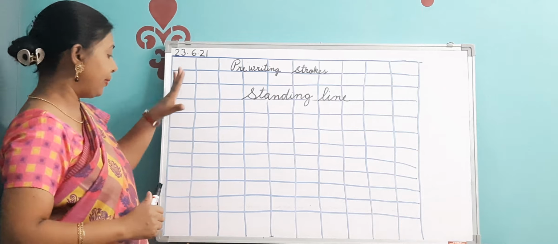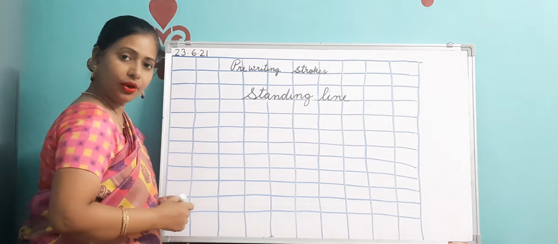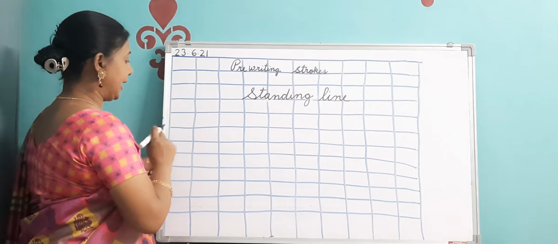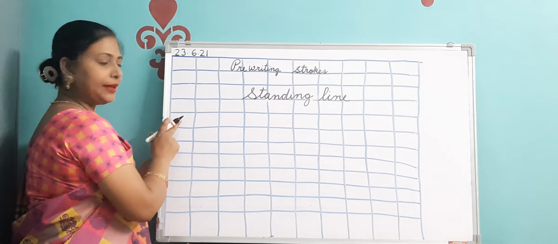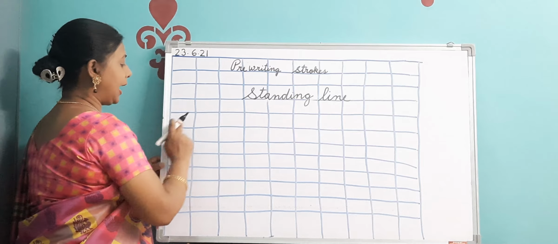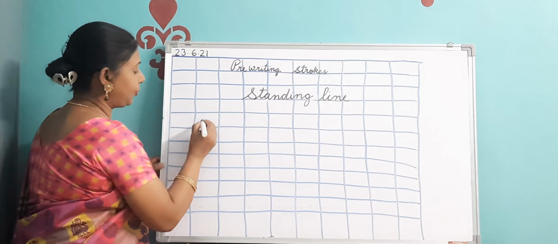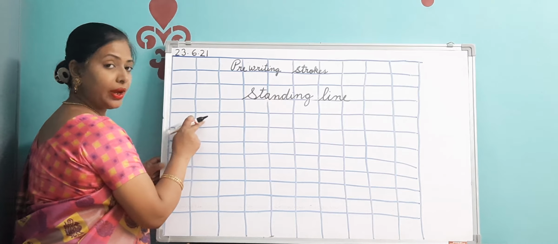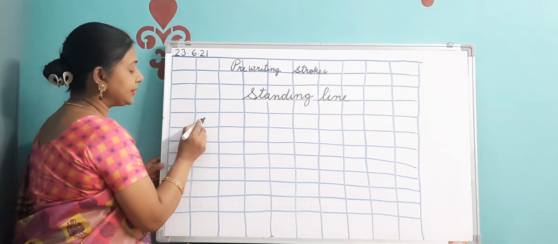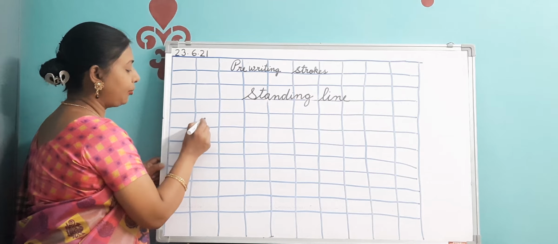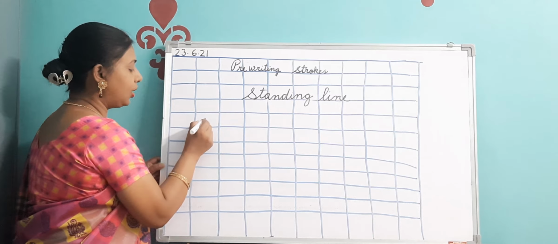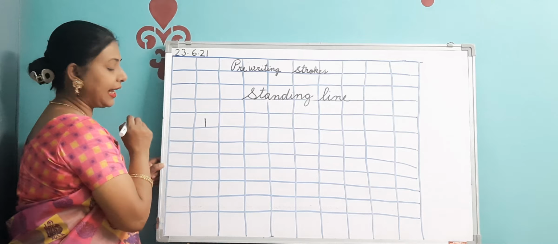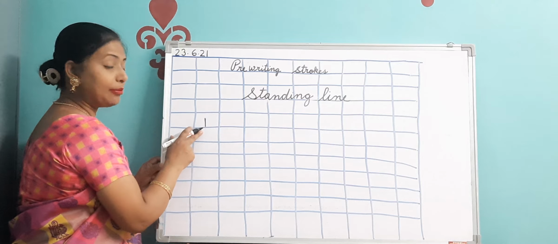Your maths copy has pages like this. It has squares all over the pages. So we are going to write standing line. What you will do is leave the first line. After writing this, you will leave one line, leave this first square, and start from the second square. This is the second square. Can you see? From this square, from the very center of the line, you will draw a straight line like this, a standing line. What is this line called? A standing line. Okay, children, and your line should not come out of the square.